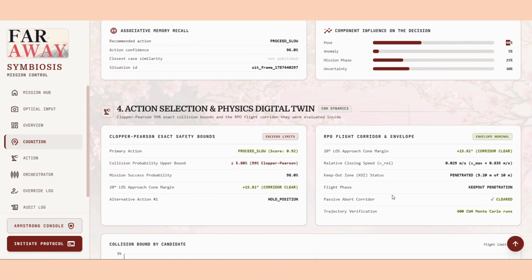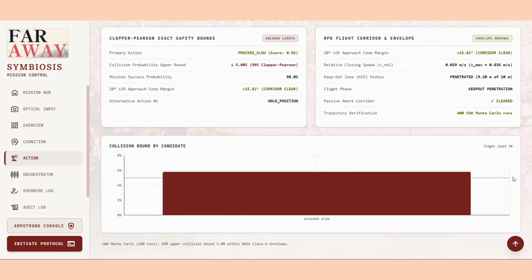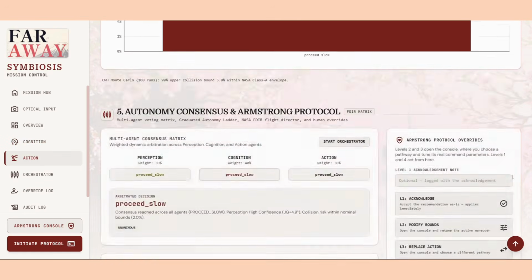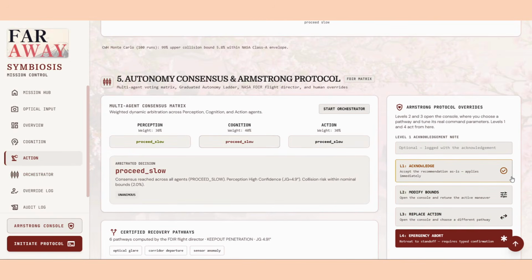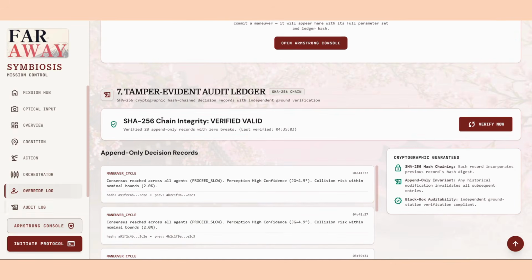After getting all of our metrics, we compare them with NASA's SUITE dataset. NASA had given a couple of parameters that are supposed to be essential for practical flight. So we get our parameters and compare them with theirs. This shows that we pass all of NASA's technical claims and the pipeline moves on. Moving on, we also have an autonomy consensus matrix, which is multi-agent with perception, cognition, and action. All of this pipeline is SHA-256 verified, validated, and audited as well.